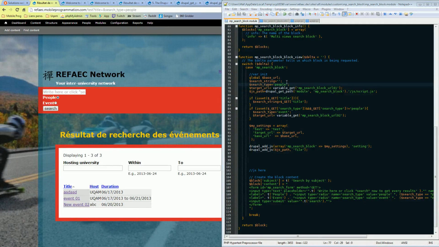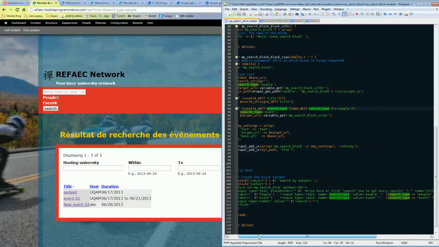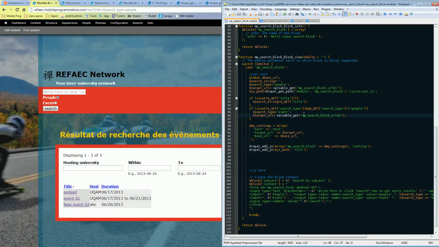Yeah, it's a mistake. I shouldn't be looking for the search type right now. It really doesn't help us out. I think I'll keep the target URL only for